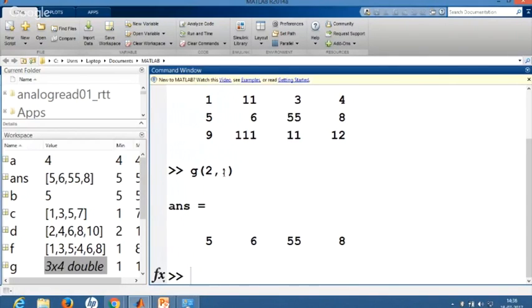Now, this technique of specifying all the rows or all the columns can be very conveniently used